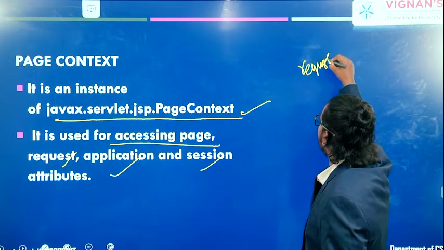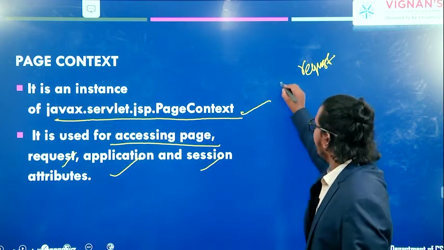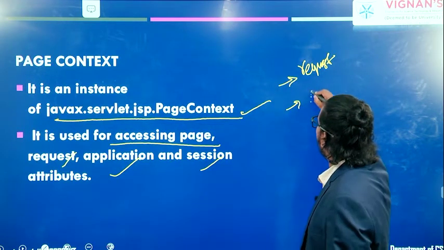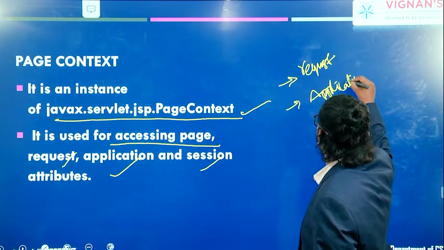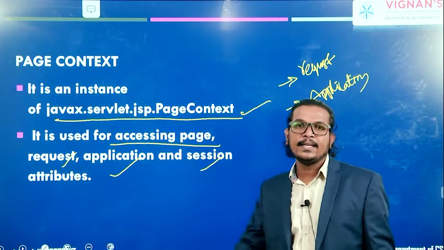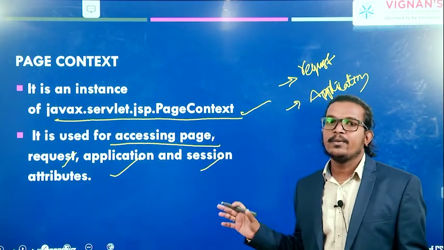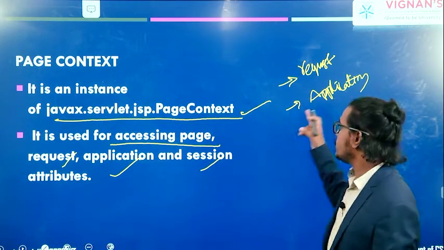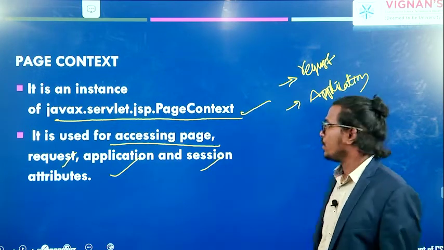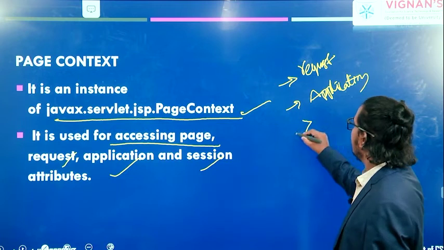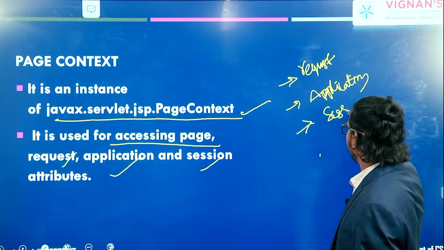We can access the request of the client machine, and also we can access the application information. What does application mean here? That application object, we are setting some data, and there are setting and getting methods, right? For getting those attributes, we can use this particular application object in this page context. Okay, so next one is the session object.